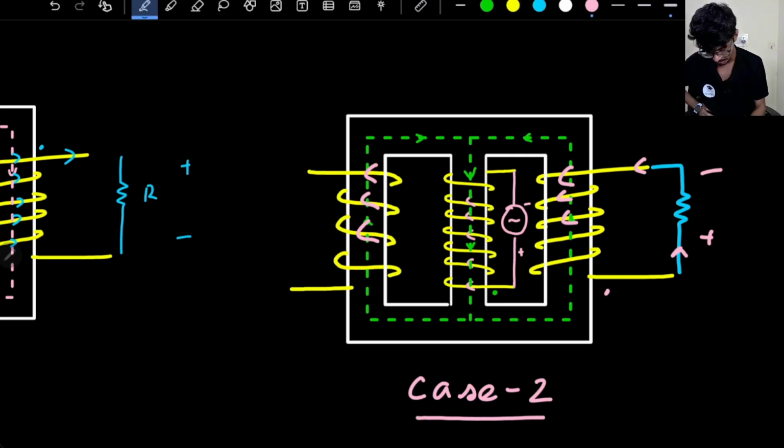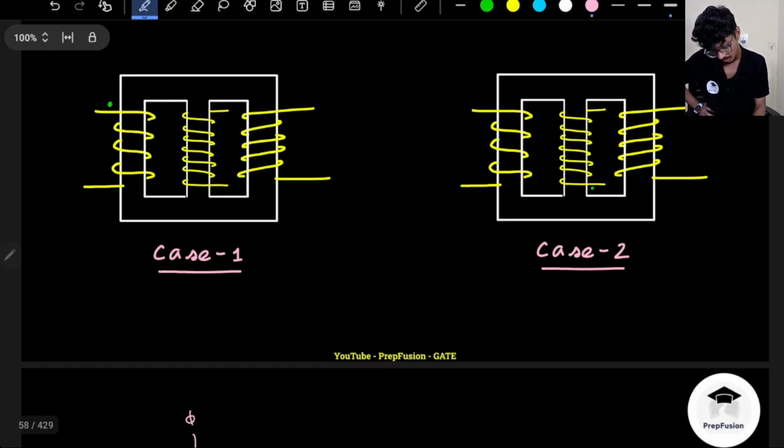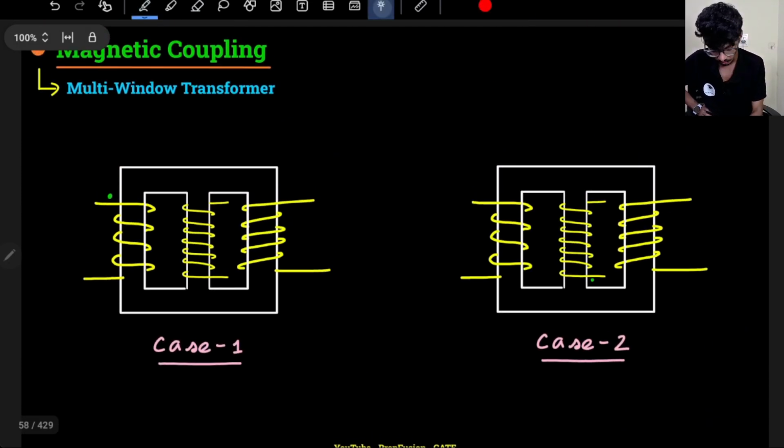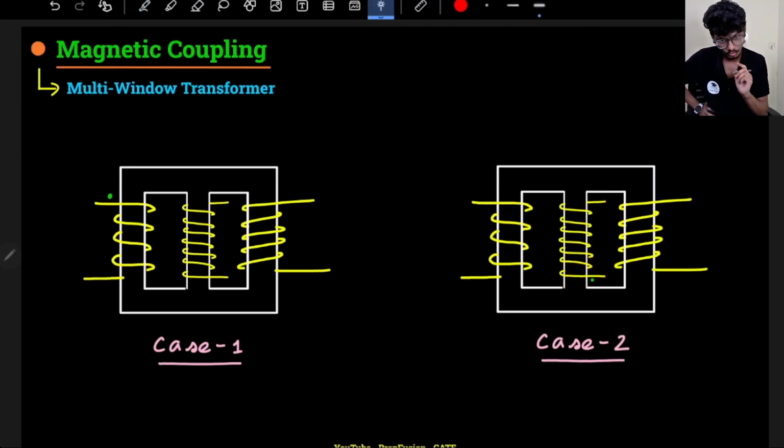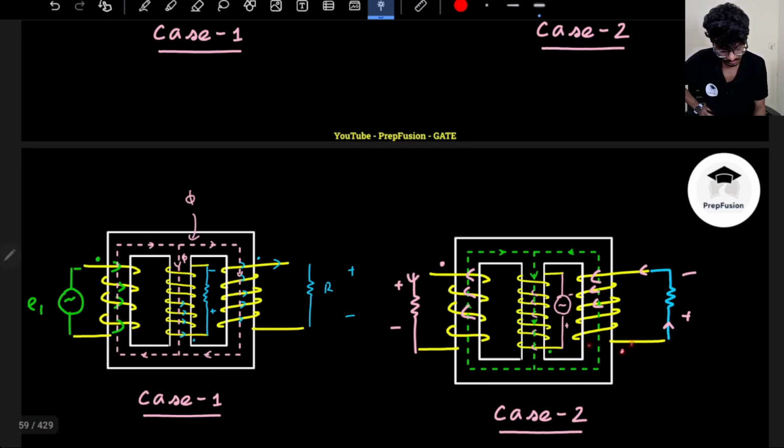Currently the flux is upwards, so again if I connect the resistor, I will have a plus minus here, current is flowing like this in the resistor, so I will have a dot here. So if you see, if I go by my previous method, if the coil in front of the core has a dot, then all the other coils also should follow the same. Actually it's not following. In this third coil, actually the dot is behind the core. If you see in the third coil, dot is behind the core,